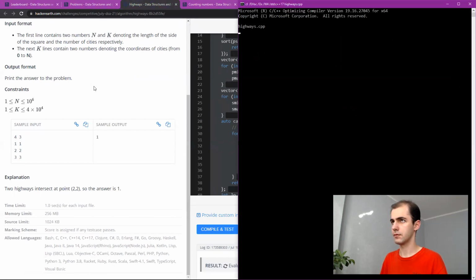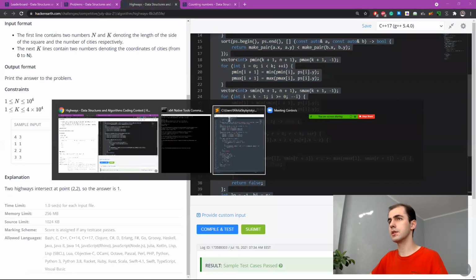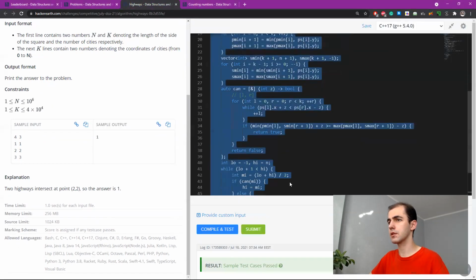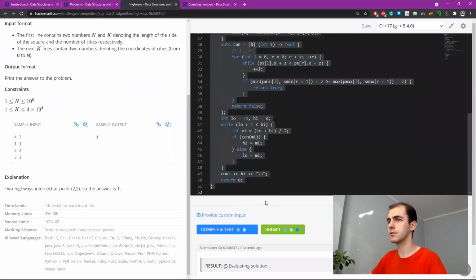Highways. Oh, sorry about that. Yeah, the answer it produces on a sample. Oh, it actually tested already, but it submits.